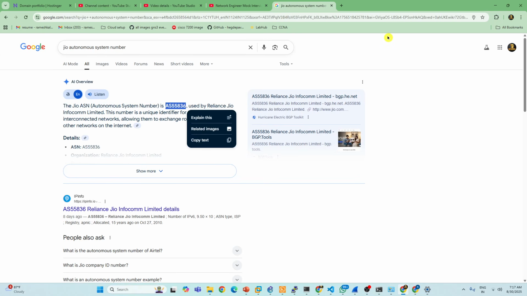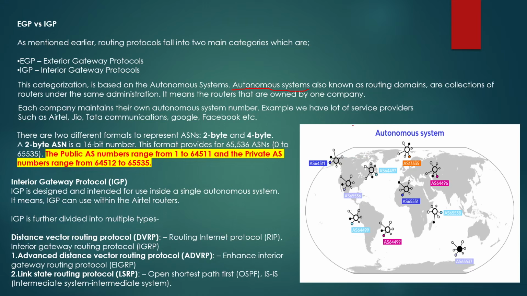Even if I want to establish a company and I'm using a bunch of routers advertising in public, I need to use an autonomous system number. Now it's a 2 byte number, which means 2 to the power of 16. So total autonomous system numbers range from 0 to 65,535.